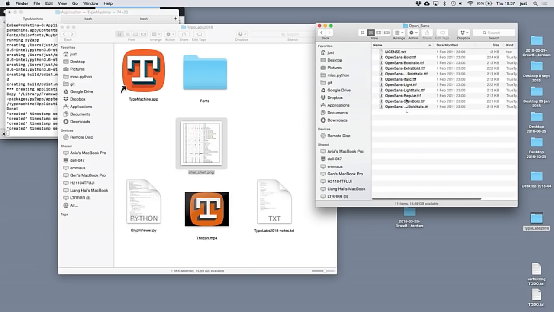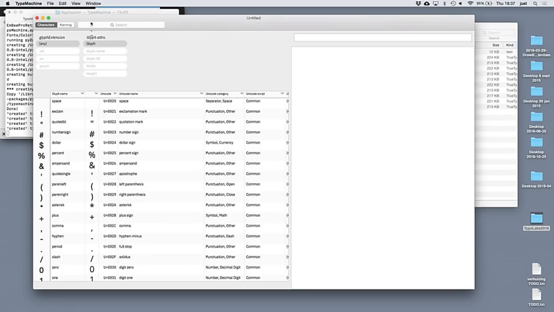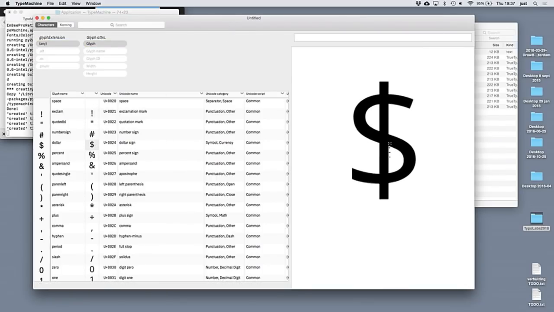So, for instance, this fairly arbitrary Google font I will open. Well, actually, I will just start with one font to make it a little more exciting. So, this is the app, and nothing about this is final. But you see there's a column that shows a preview of the glyph. This is the actual glyph from the font that I can look at if I select. This is the character, so this is just a system font showing the character. If I scroll through it,